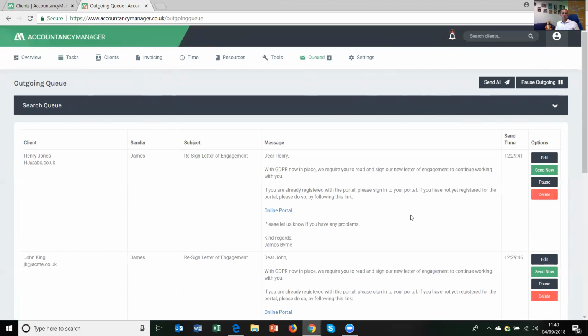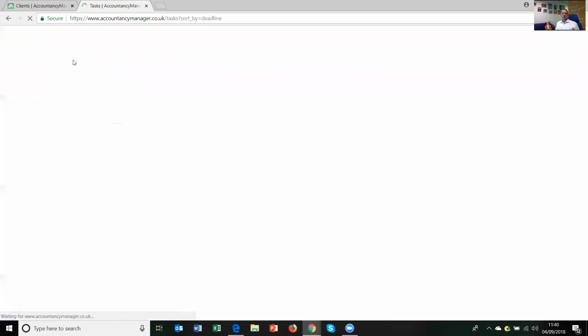But the idea of the queue is, because these are generated emails from the system, they're effectively blind to you. So if they sit in the queue for 24 hours, it's going to give you a chance to maybe edit the email, to delete it altogether. Maybe you've spoken to the client. So it's giving you the control around these automated emails. So you could edit it, you could send it straight away, you could pause it, you could send them all, you could pause them all. So it's just giving you an element of control that you wouldn't otherwise have. Okay,